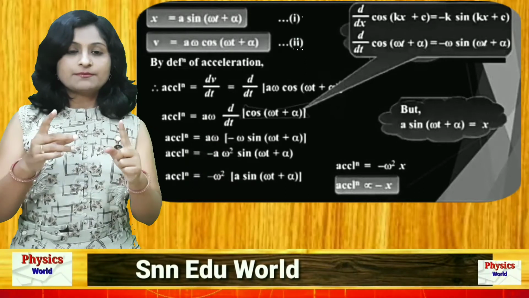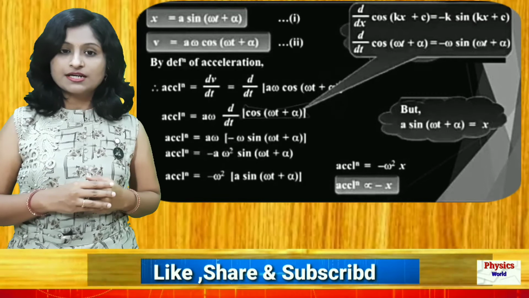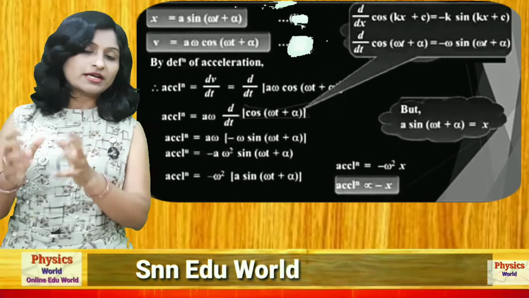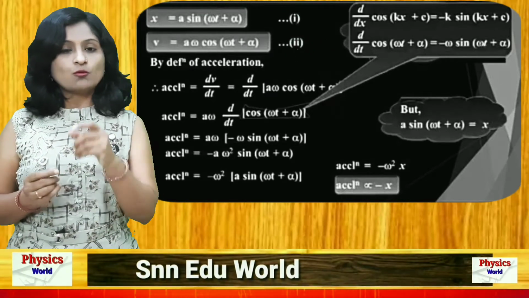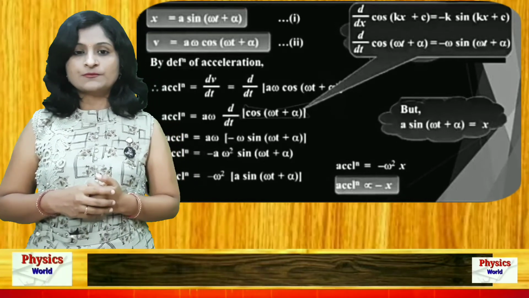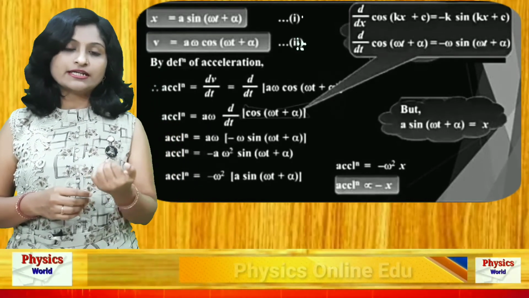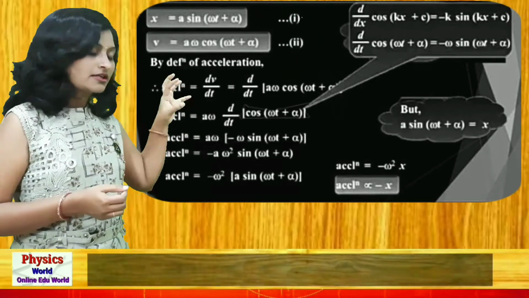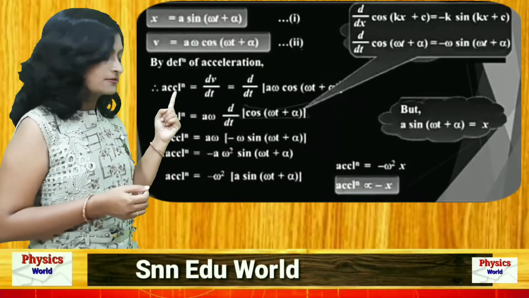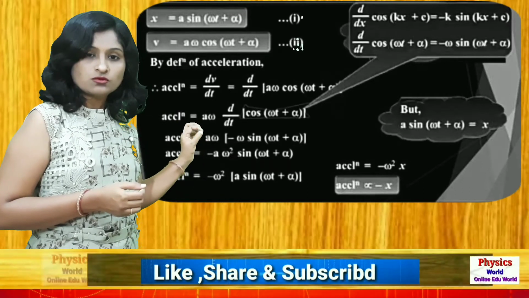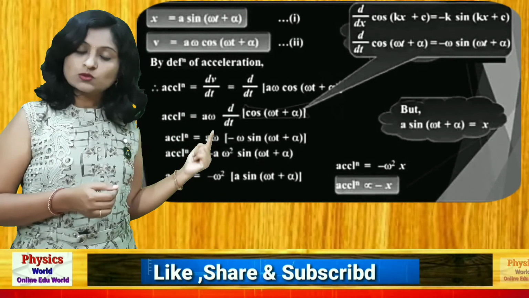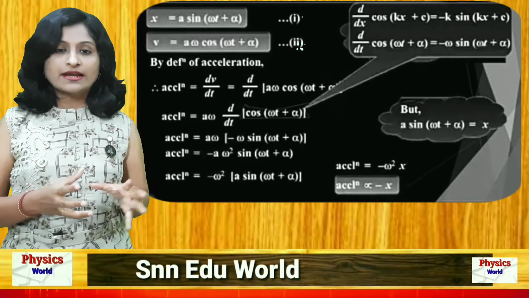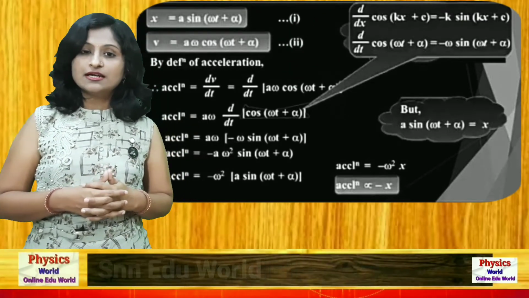Now this bracket again includes the term which is related to time t. We differentiate with respect to t, and with cos there was omega t plus alpha, which we differentiated. So the differentiation of omega t is also compulsory. What is the differentiation of omega t? Again we are getting one more omega, which has to be multiplied with the previous term. So ultimately, after differentiation of this total term, acceleration is equal to minus A omega square sine of (omega t plus alpha). So this is the final result we get after differentiation for the acceleration.